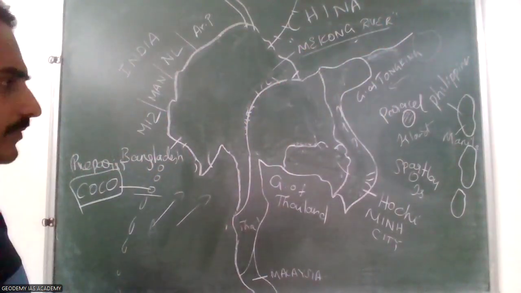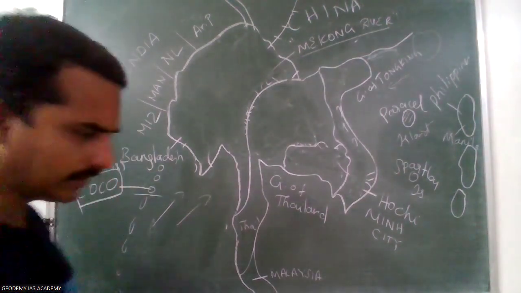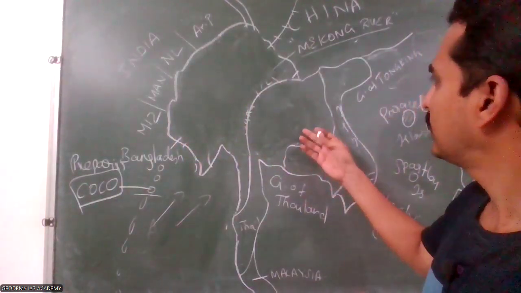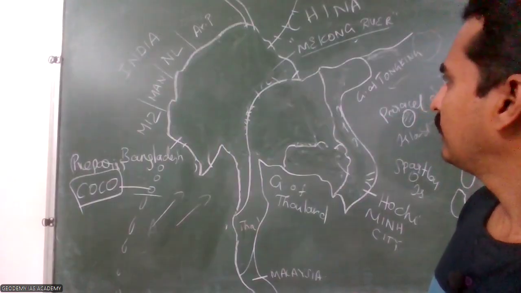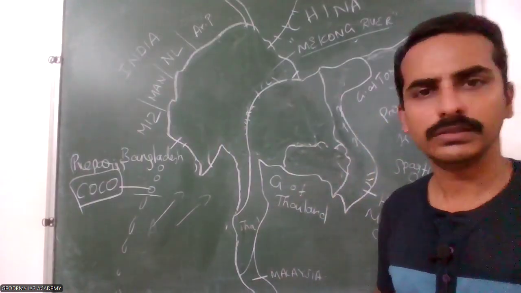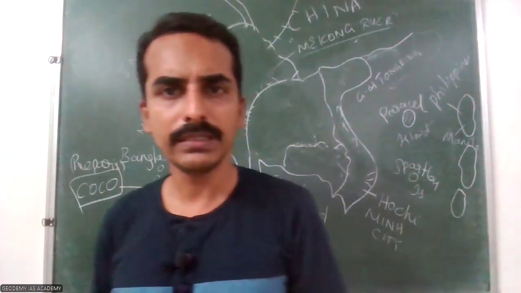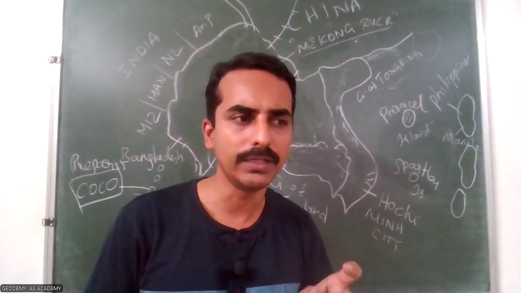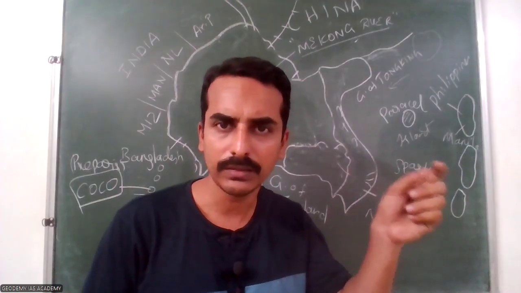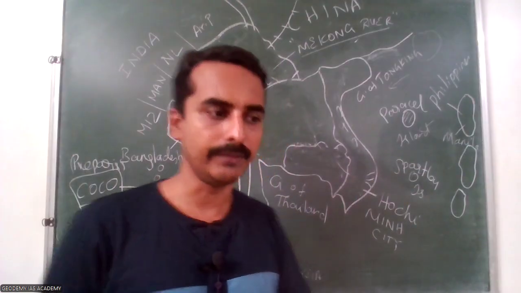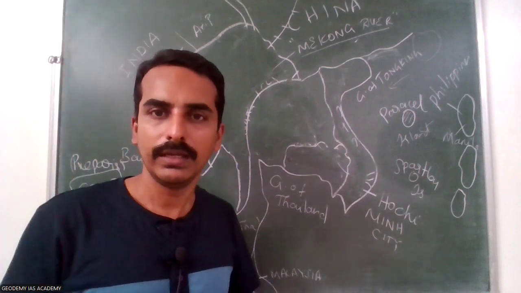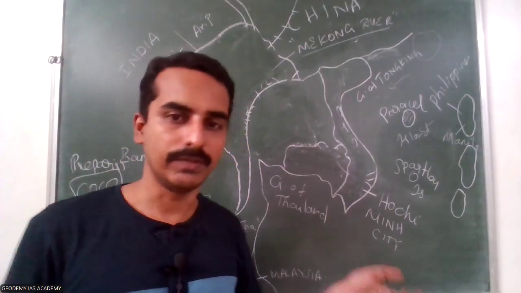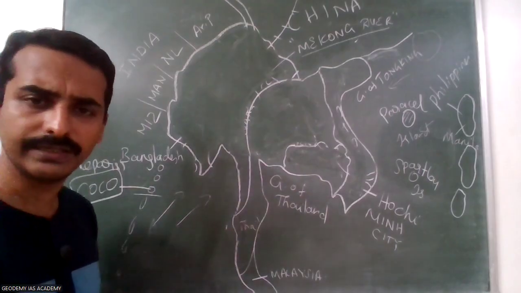And then the region is rich in resources also. Except Thailand here, other countries have the rupee only, and the value of their currency is very low compared with the Indian rupee. Actually, 1 Indian rupee is approximately 210 in Vietnam and Cambodia. Like $1 is about 86 rupees. Similarly, 1 Indian rupee is about 210 in Vietnam and Cambodia, and also in Indonesia.